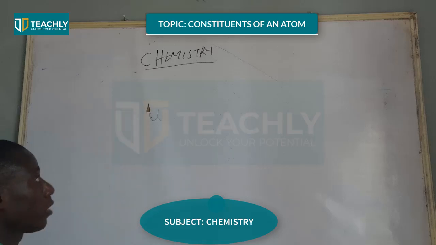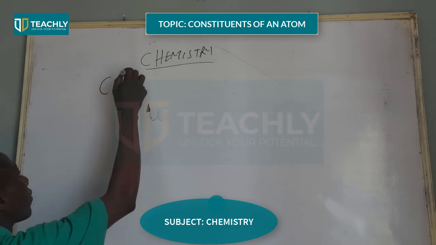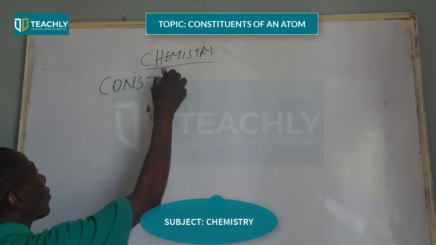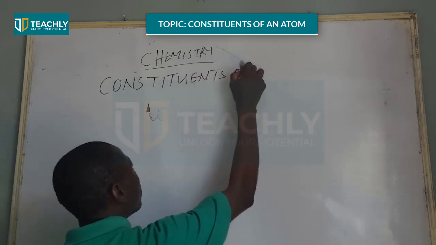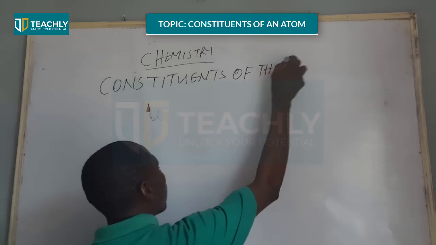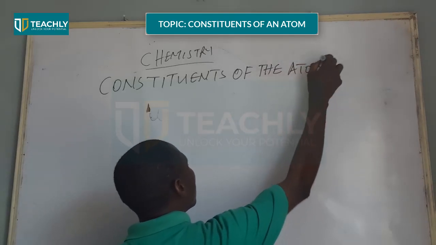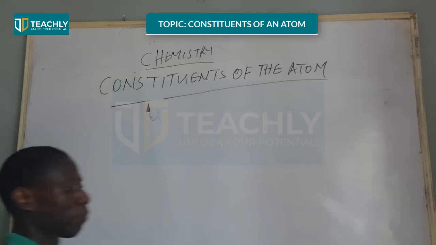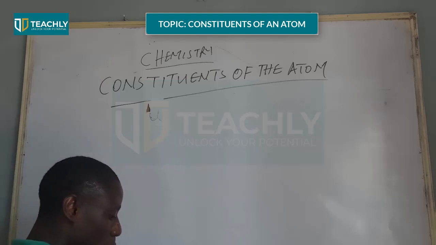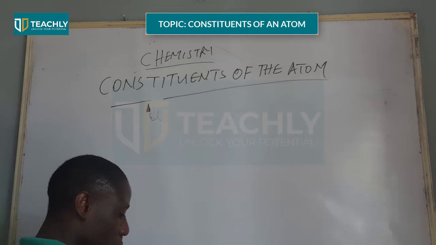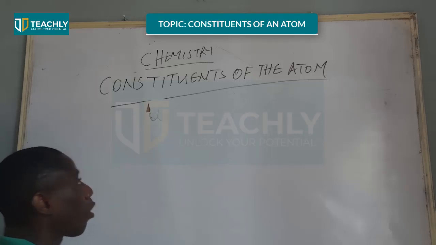Our topic for today is constituents of the atom. When we are talking about the atom, in our previous class we looked at the atom as the smallest particle of an element. So when we are talking about the constituents of an atom, we are talking about what we can find in